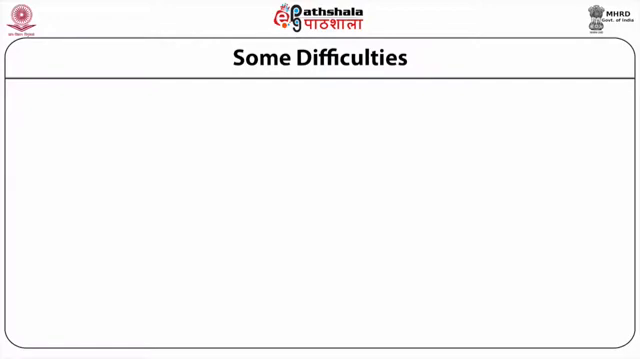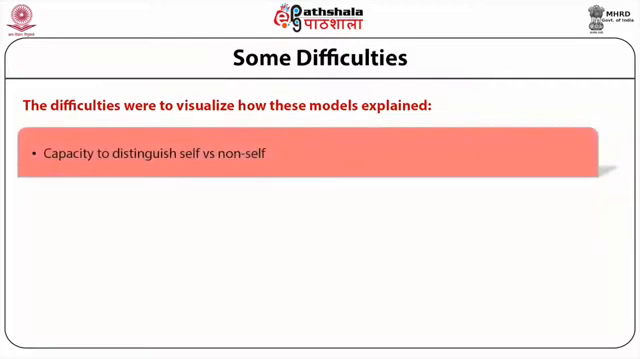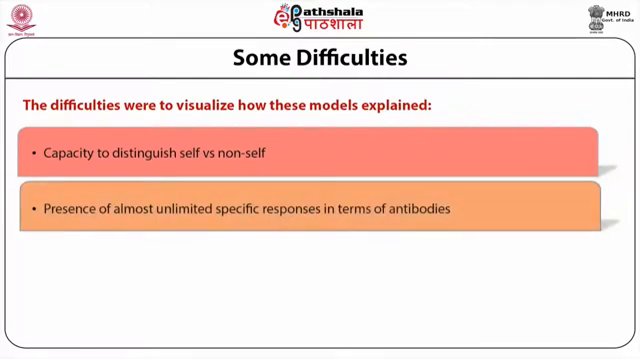These models were expected to explain the various critical features associated with the way the immune system functioned. The first challenge was that any of these models must explain the capacity of the immune system to distinguish between self versus non-self. The second difficulty was to be able to explain the presence of almost unlimited specific responses in terms of